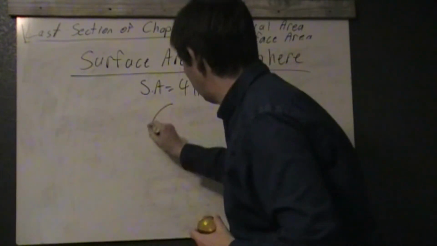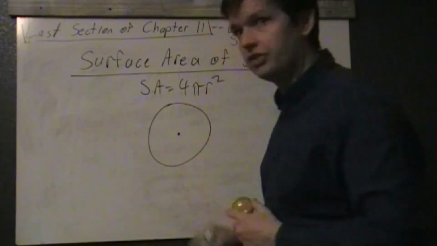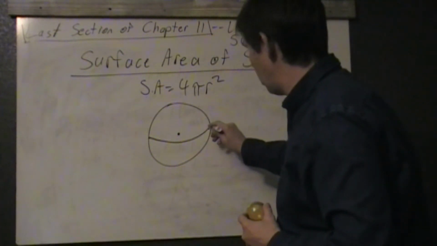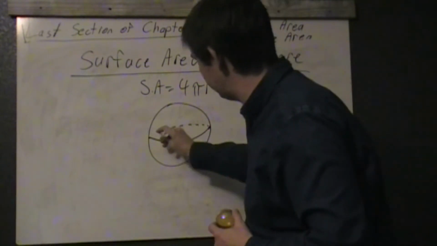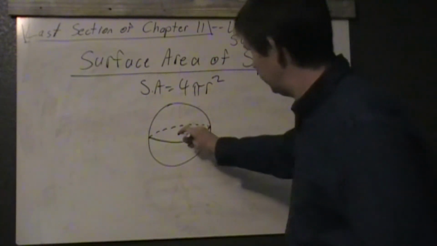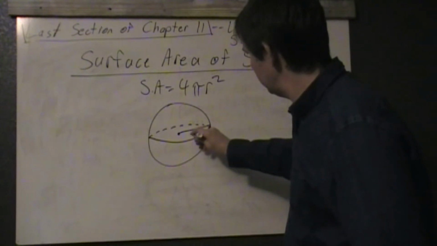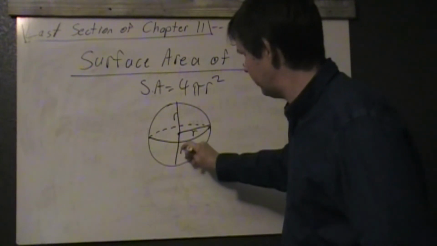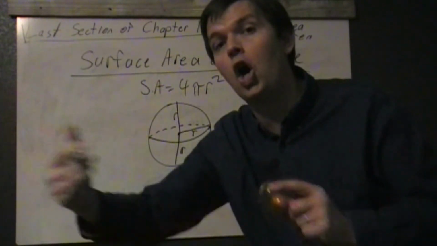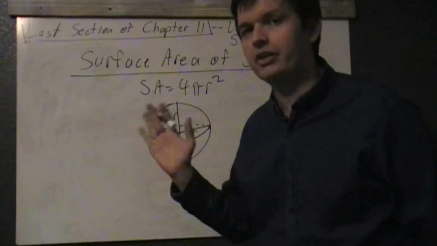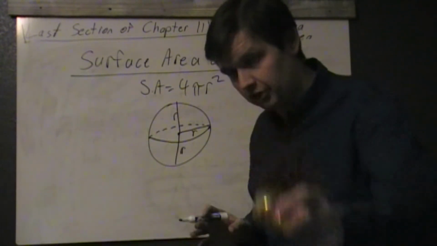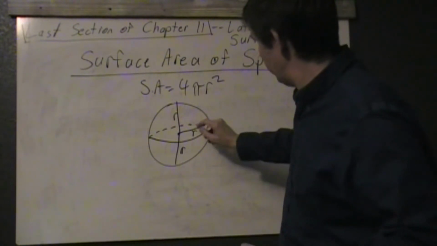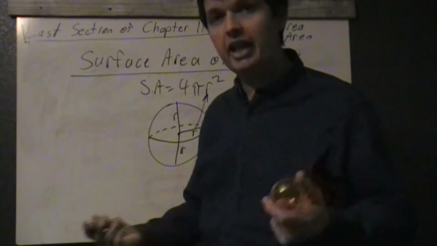So I'm going to draw a ball for you. I'm going to draw a circle, I draw a center. This is the way you draw a sphere, by the way. Then you draw a kind of arc in front of it, and then you draw a dashed arc in the back. Voila! A sphere. So this radius right there, or this radius right here, or this radius right here. See, they're all the same, right? That radius goes all the way around that sphere. That means I can use that radius anywhere I want. So that's something good to know. So that radius is this radius right here, and you just plug it in,